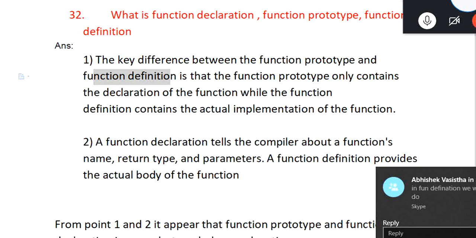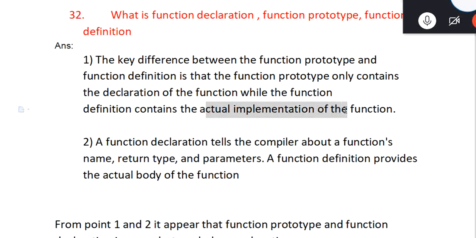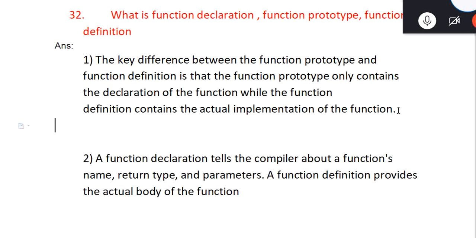Yes. So in function definition, as you see written here, we can write the actual content, the actual implementation of the function. In function prototype, what Devismita told, we just write what the function is. So it may be int, say myfun, integer a.